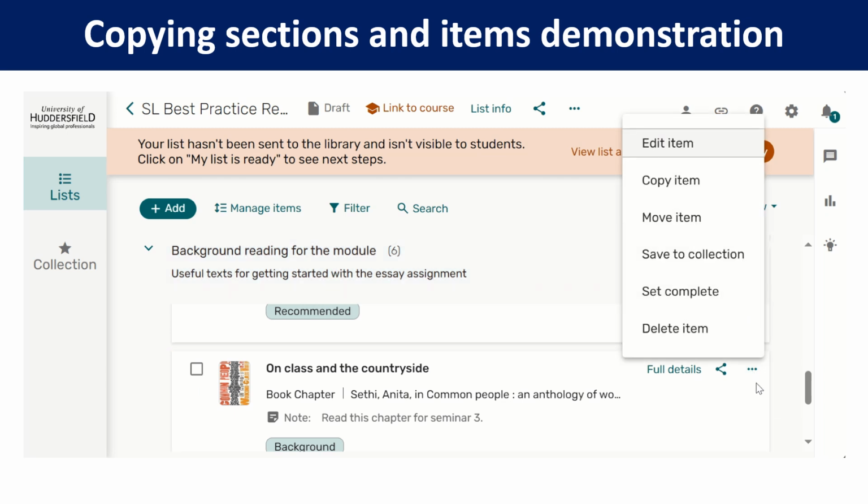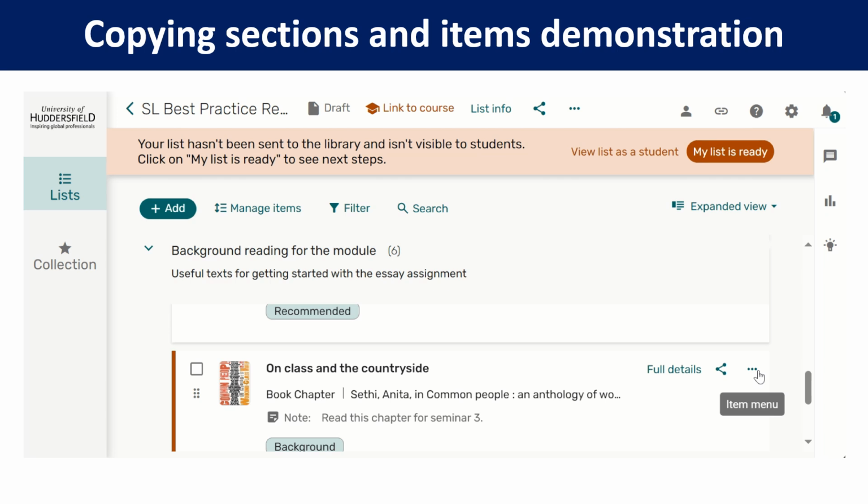and then I might want to do some further edits to it by using the item menu. Now, another thing that you can do in terms of copying things from one list to another